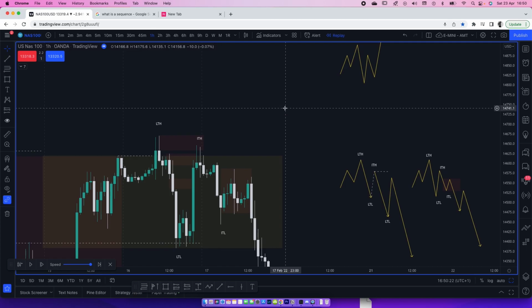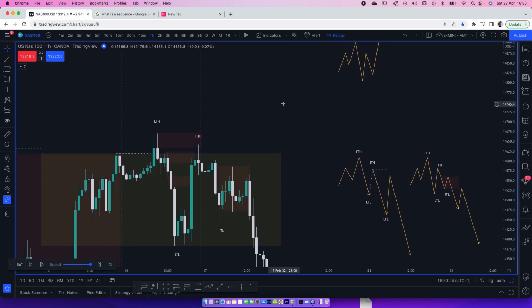keep in mind, again, as per ICT's words, even if I take my trade at the imbalance here, are there any reasons aside from this area that the market may not just react here and try to react to something left behind here? If you honestly don't see any other reasons, then bro, take your trade. Put your 1% risk that you want to put in here and you're cool. But if you spot a reason here, a reason here, and a reason here, bro, split that 1% in 3. That's 0.33% at this point, 0.33% at this point, and 0.33% at this point. You're just paying for information.